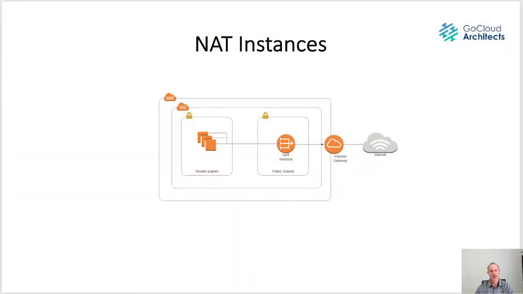Again, this is egress-only internet access. AWS does not recommend using NAT instances in today's world. They recommend using NAT gateways for IPv4. It's a much simpler and more elegant solution and a cheaper solution, so we don't recommend NAT instances. Just understand a NAT instance translates your public address to a private address and you point it to the internet